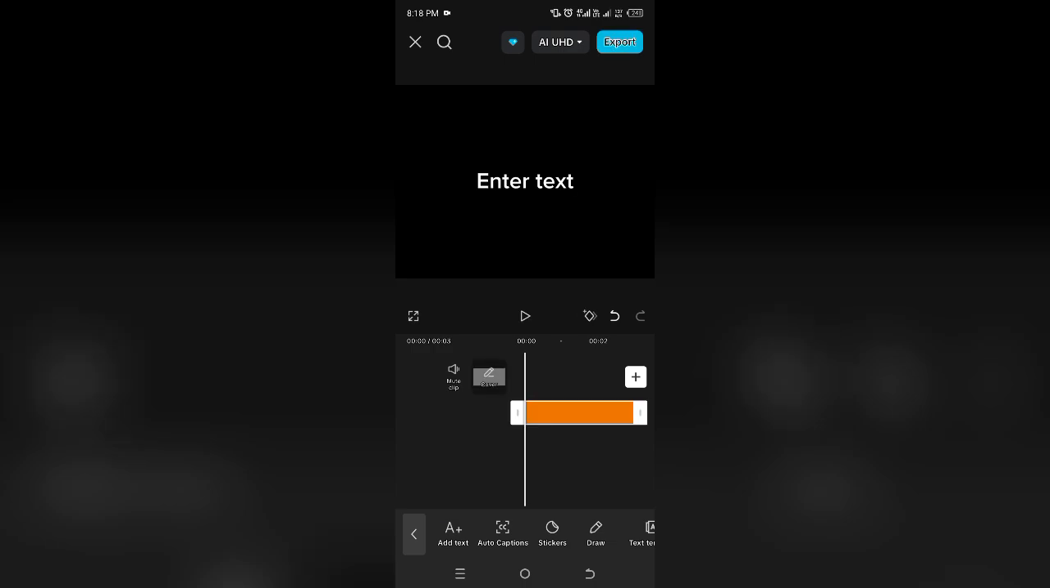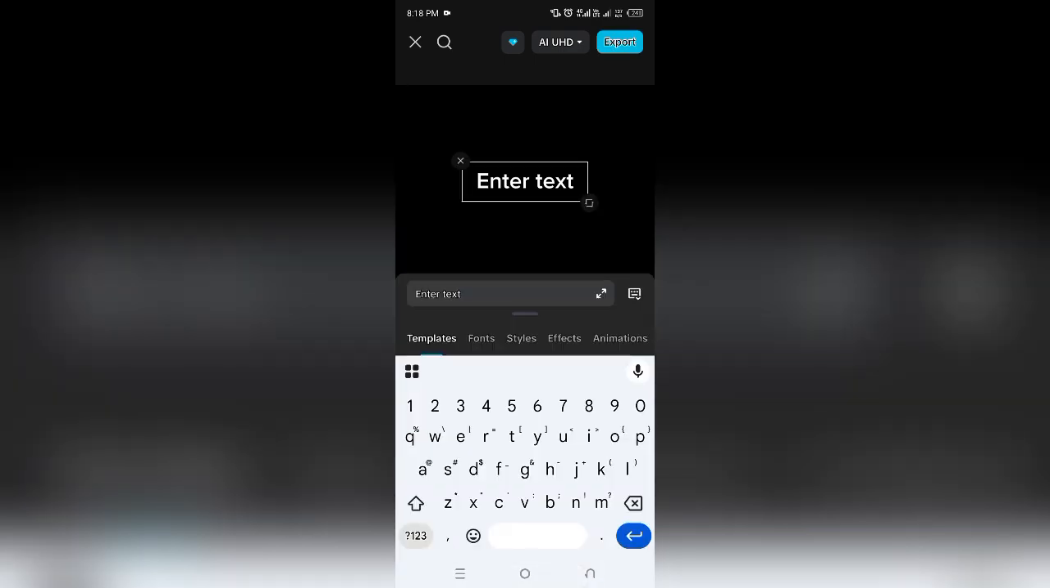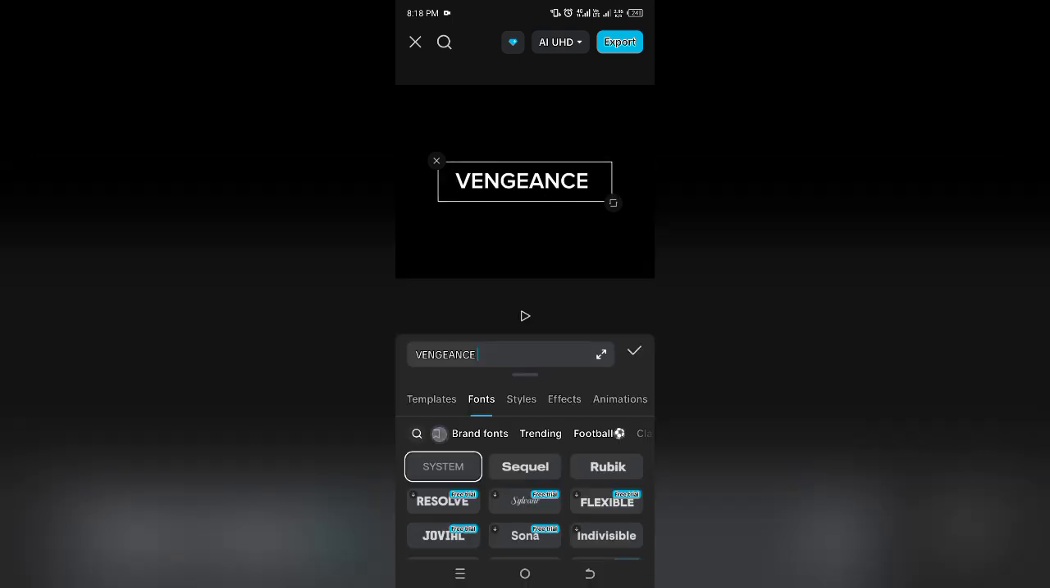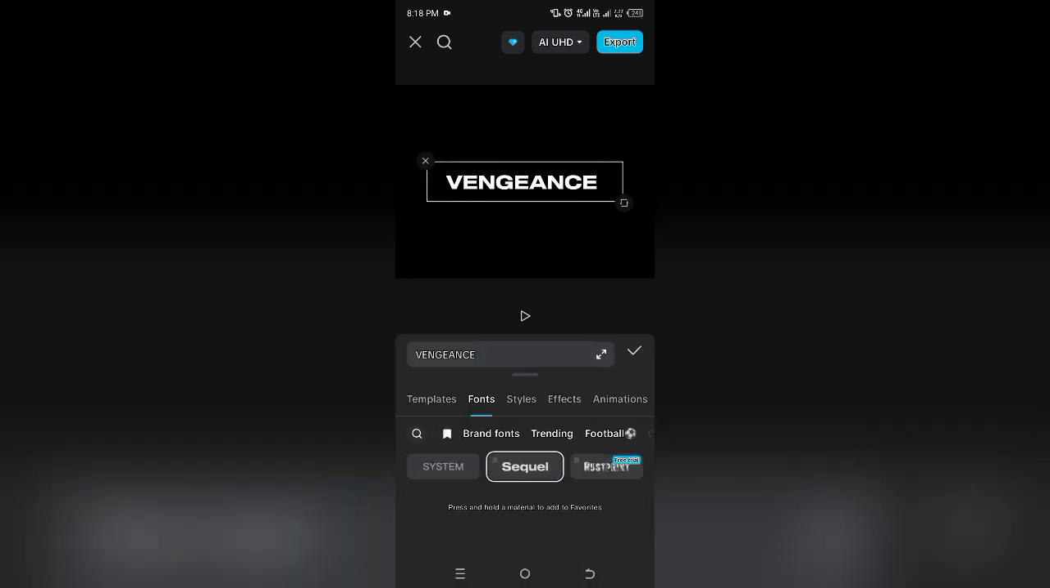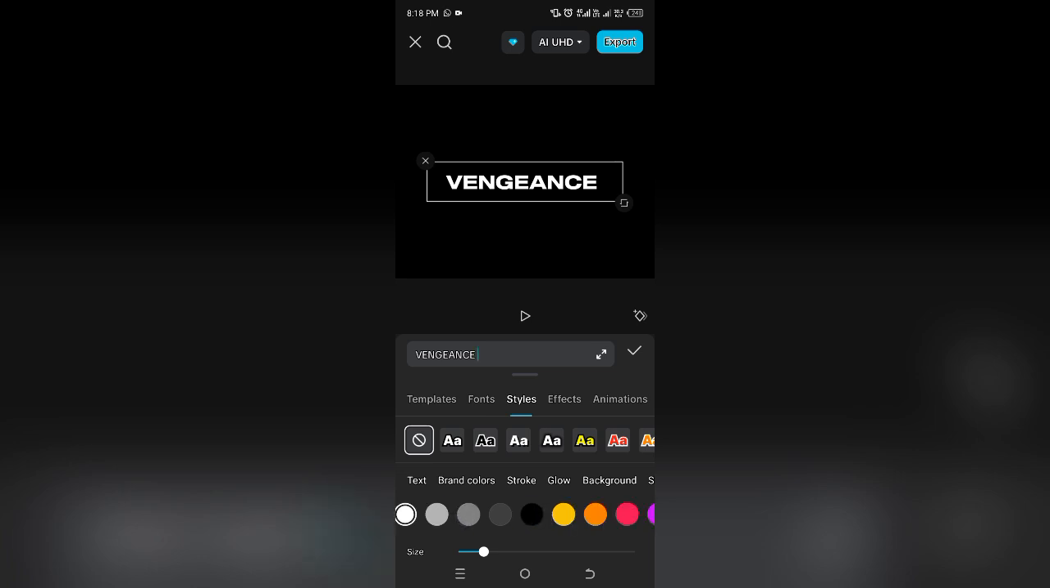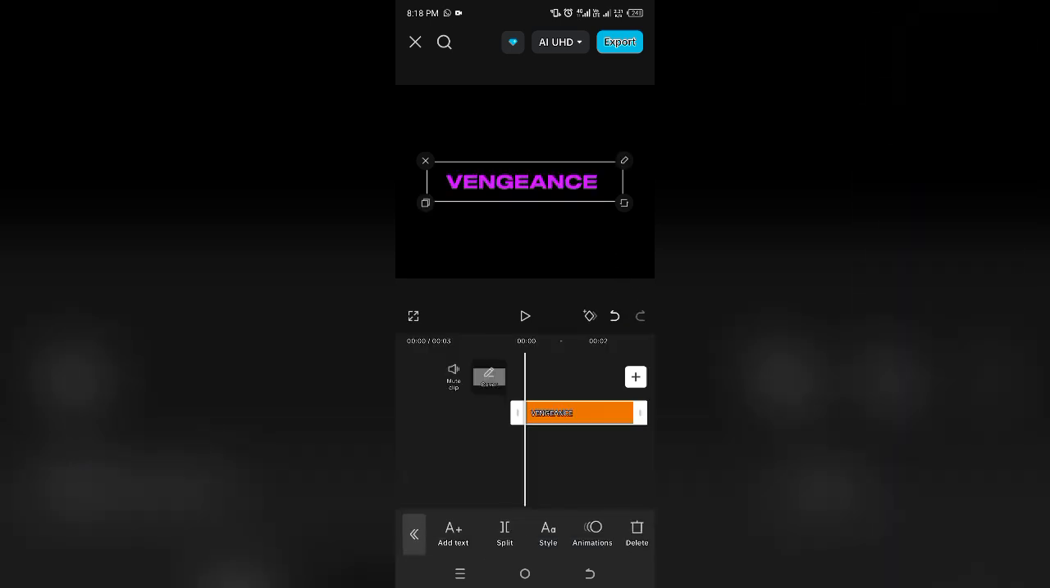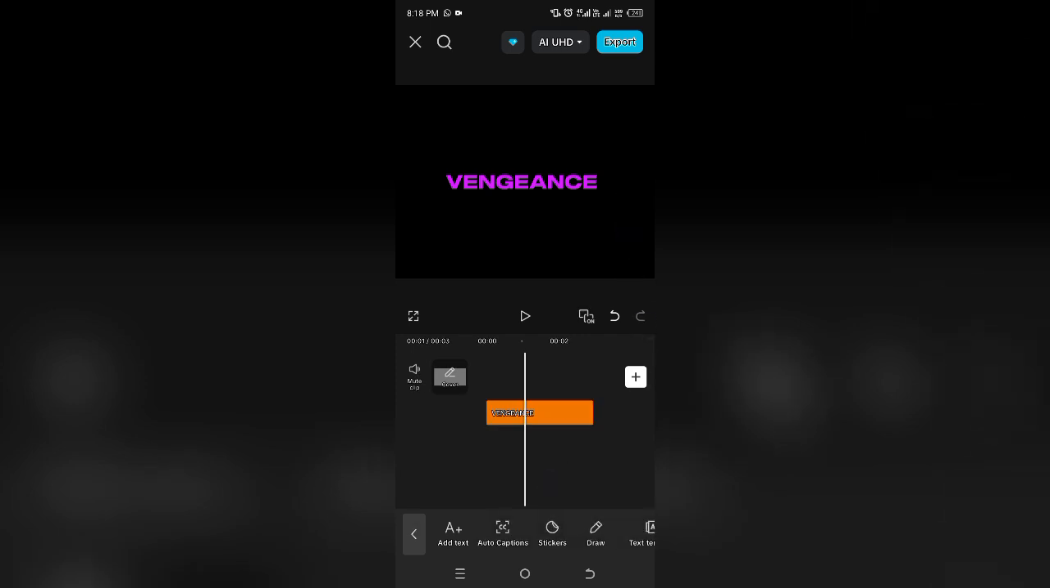First you need to write your text of choice, and you will choose your font as well. This is my favorite font. So after you choose your font, you also choose your color of choice. Once you are done with that, what you want to do now is screenshot what